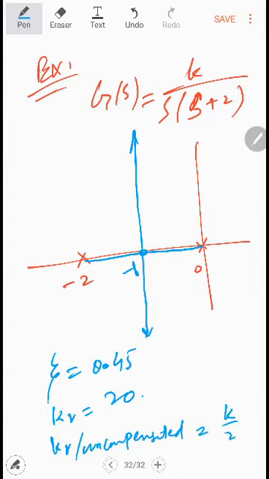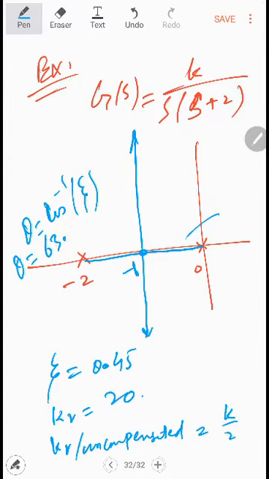To find the zeta = 0.45 line, we have to find theta. Theta will be equal to cos inverse of zeta. So theta will be equal to 63.26 degrees. This means we have to design the system such that